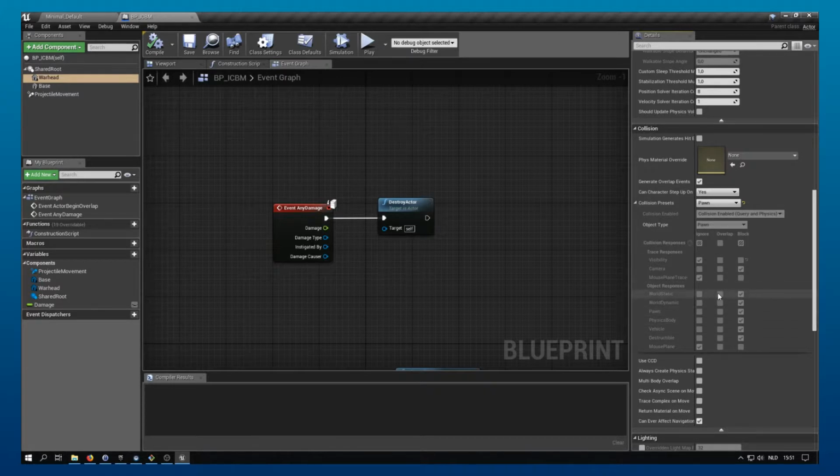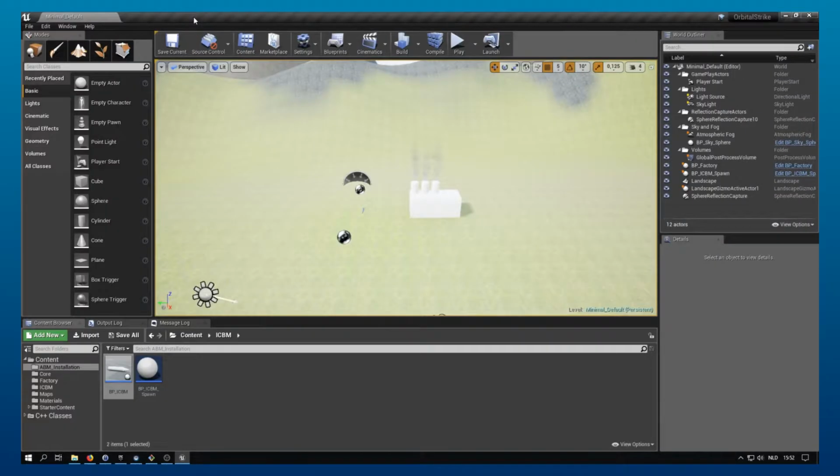Now the problem is, as you can imagine, if a pawn blocks another pawn, it will never overlap. So we've been having problems due to this, and I've decided to just create special collision presets for every kind